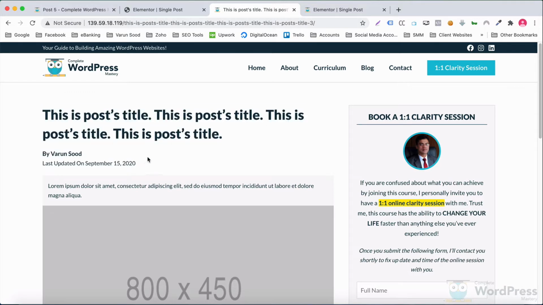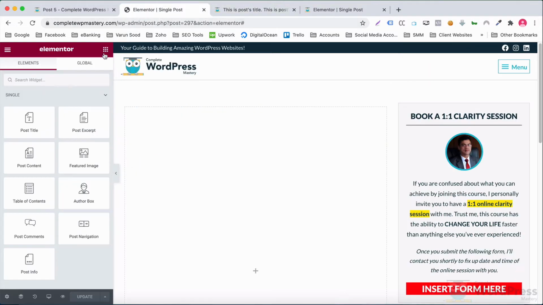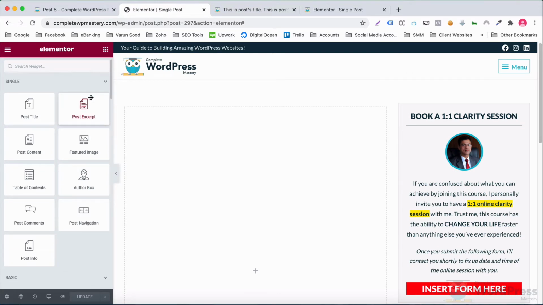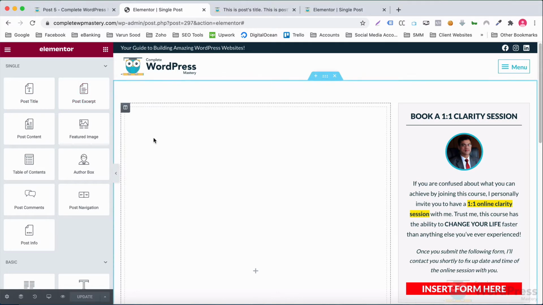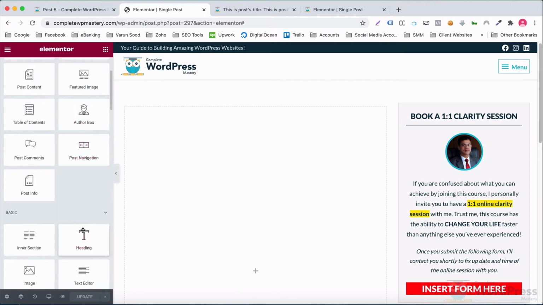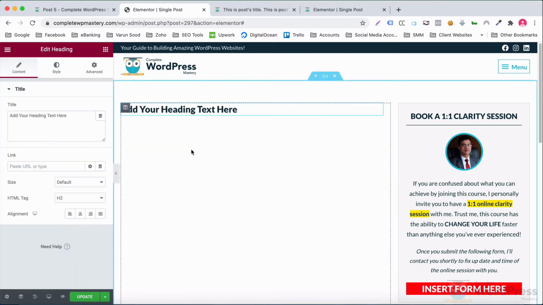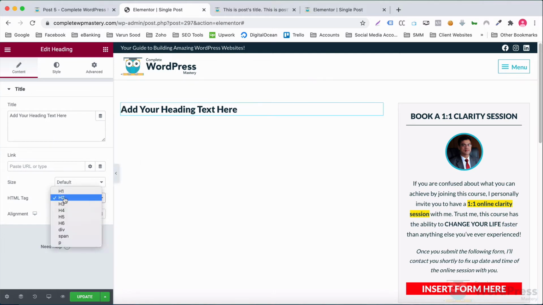And let's start with a post title. You can either add the post title widget or add a heading and then use the dynamic tag for post's title.